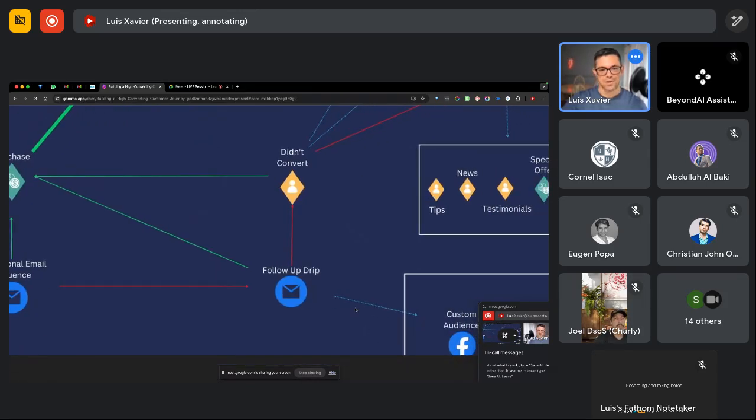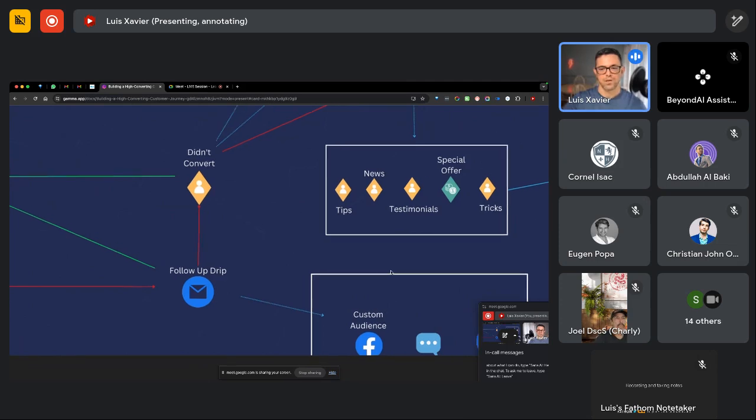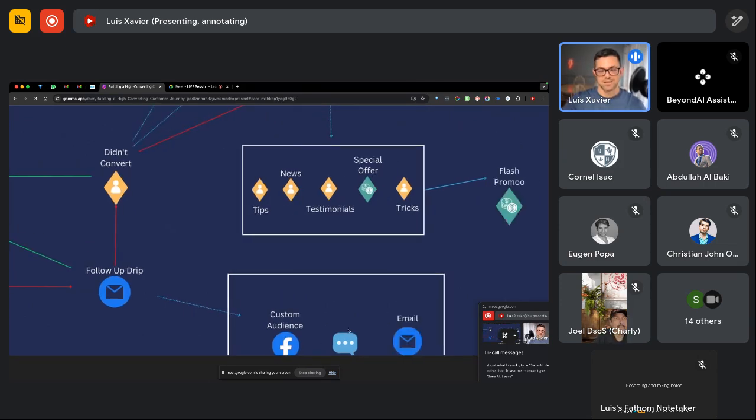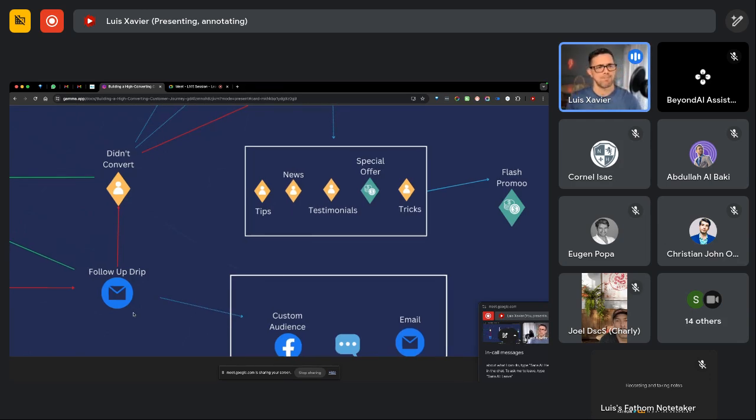And the follow-up, once again, will be where we are going to send them SMS. We're going to show them more emails, and we also are going to have more ads inside of the custom audience that we're going to show to them. And the follow-up is going to be, hey, I've sent you a few emails. I know you need a solution for this problem that you're having, and I've got this solution, and I've got something that is incredible that I want to share with you. And then you get their attention, and you're just bringing them back so you can follow up with them and get them to take action.